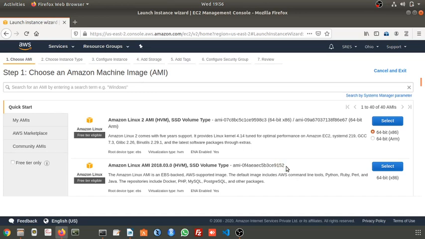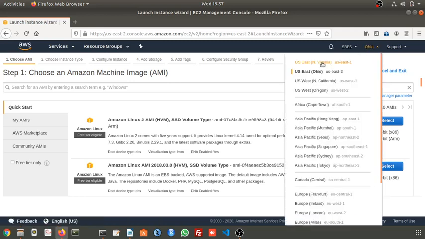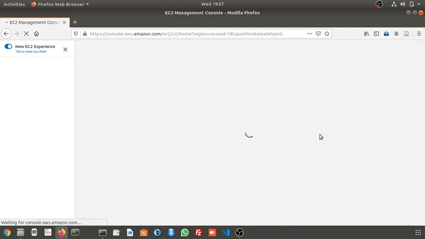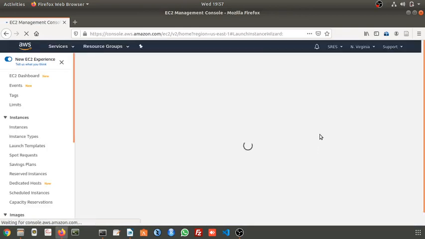You need not remember it, but when we write any script, these AMI IDs will be useful. Now I will go to the default region, that is North Virginia, and let's try to create the instance.